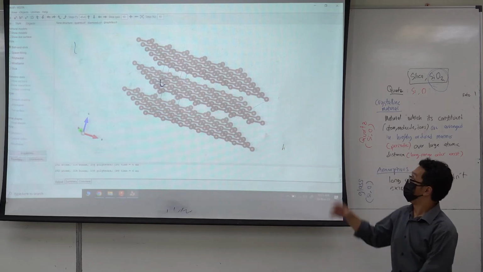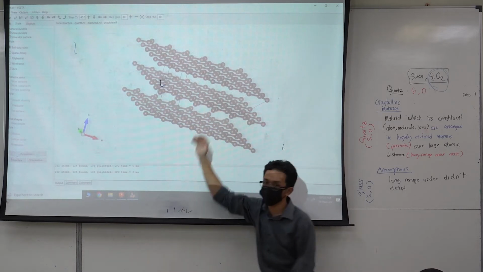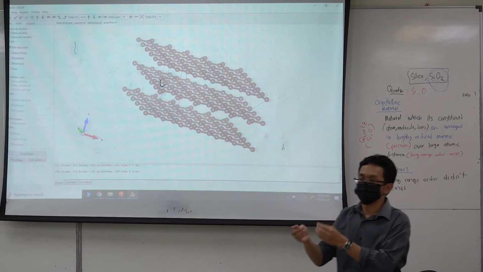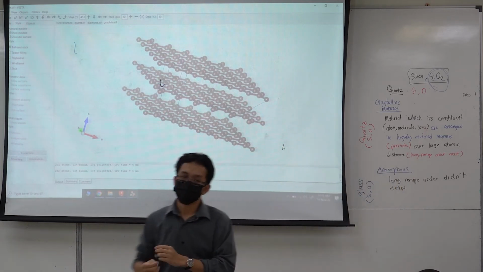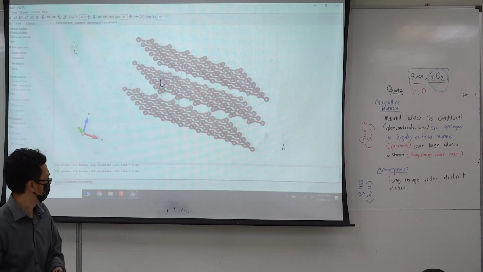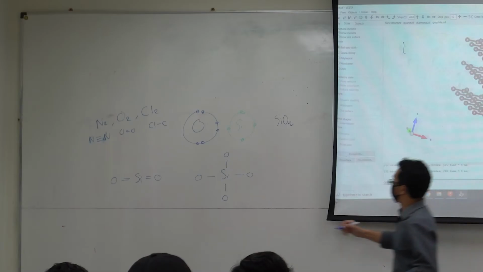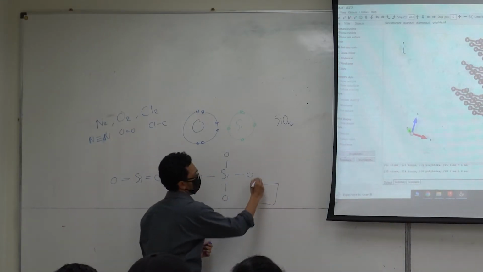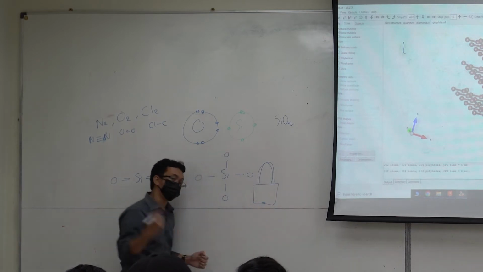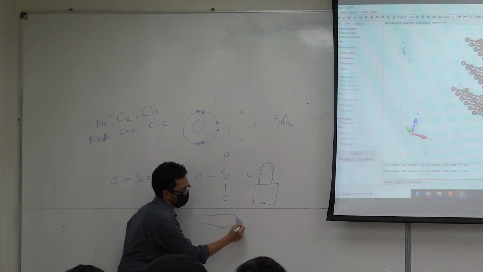Okay, and also because there is no covalent bonding between planes, graphite has lubricant properties, because it can slide, right? So people use graphite to make lubricant. Lubricant here means that, let's say you have a key like this, and then suddenly it's very hard to open this thing. So what you can do is take the pencil, and just take the graphite, just sort of